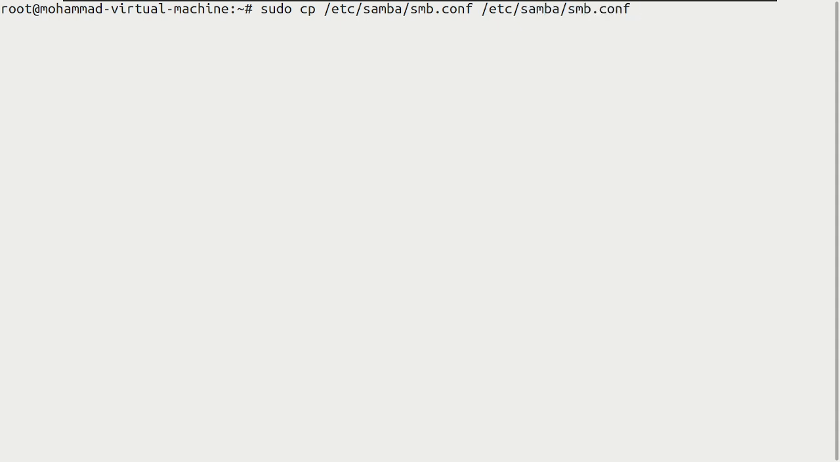So smb.conf and smb.conf.backup. There you go. Now I have saved it to a backup, which is this right here, and this is our original. I have made a copy. So now what I will do is